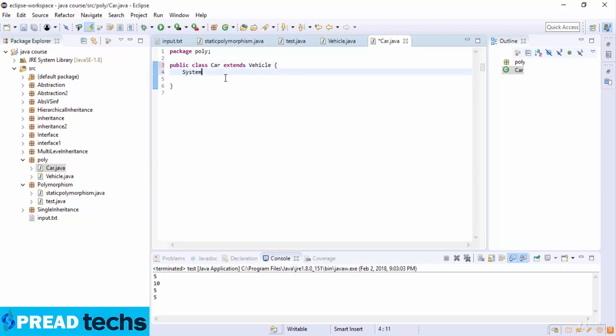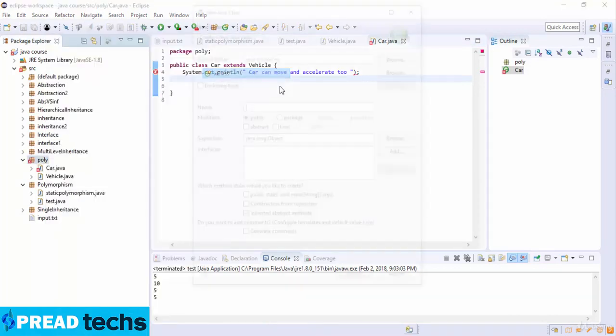And now here I just write the output, which is System.out.println, and the print is the line here. And then I just write "Car can move and accelerate too." Okay, and here it's a string, and then here I just create a class which is the name of